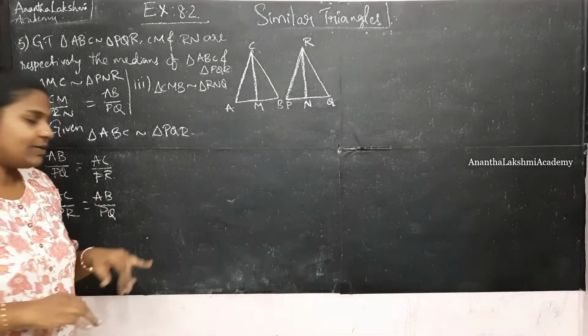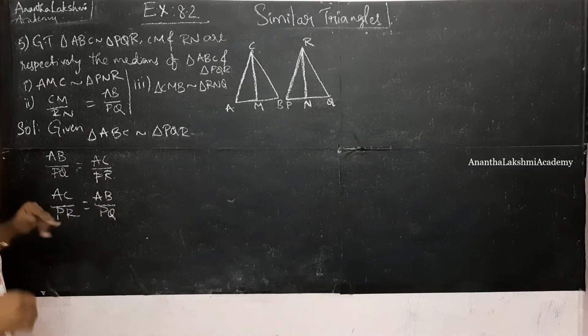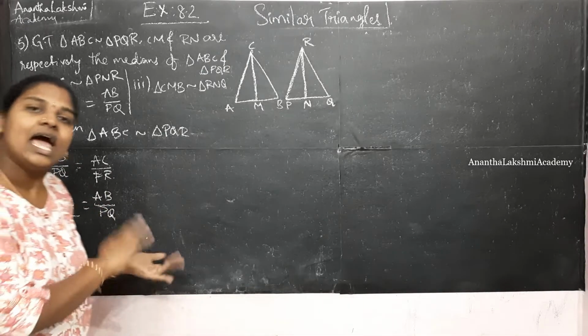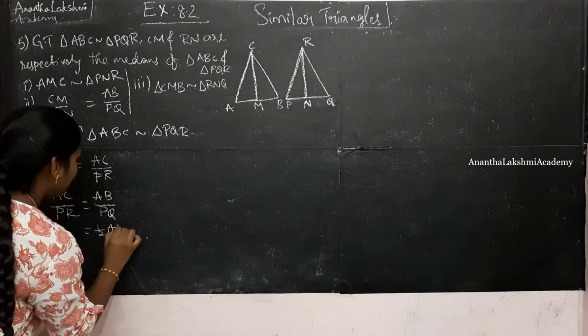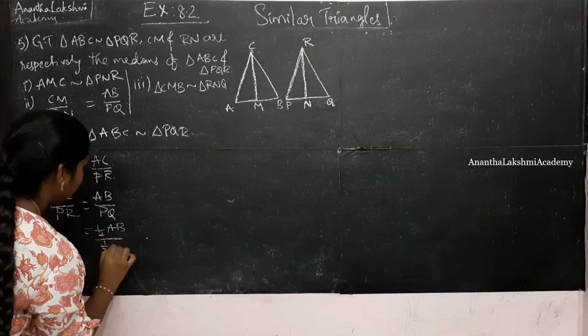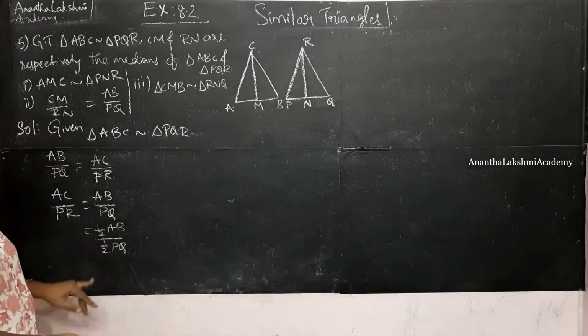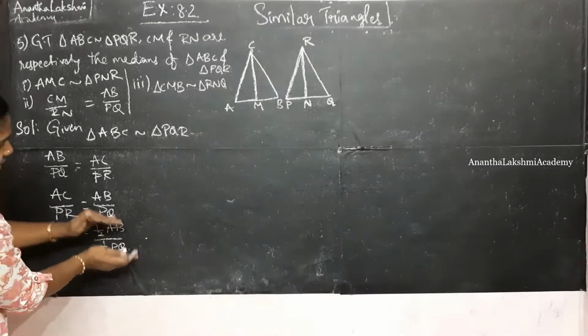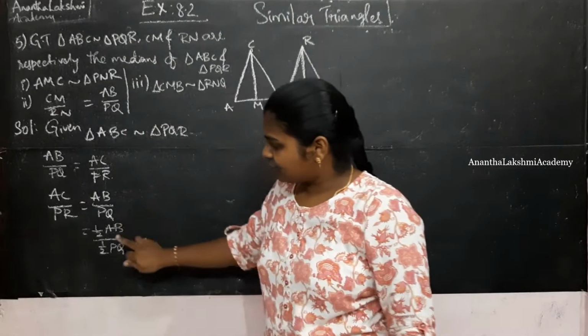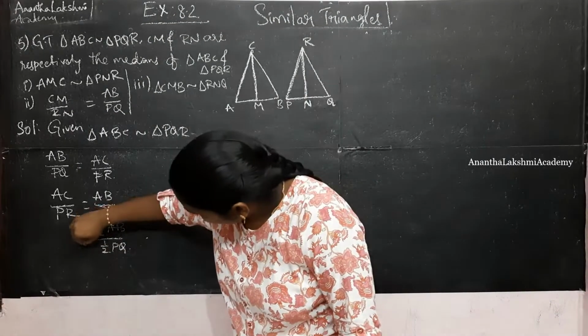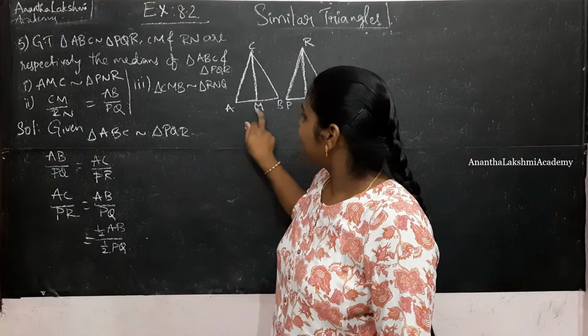And I am going to divide this side of the equation with half on the numerator and on the denominator, which will be like half AB by half PQ. Okay, what happens? Half and half gets cancelled. This is equal to this itself. Here I just multiplied the numerator and denominator with half. So half AB is nothing but AM.